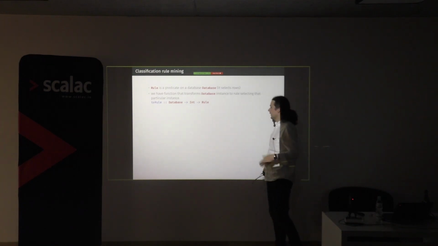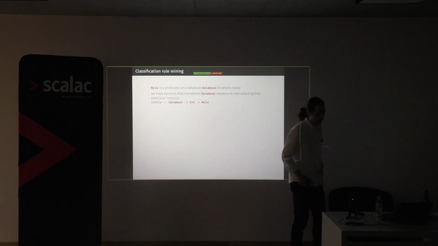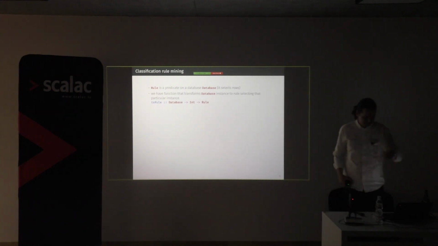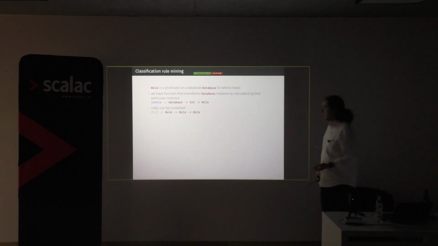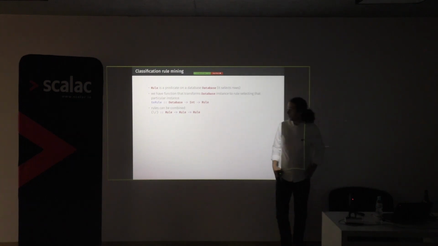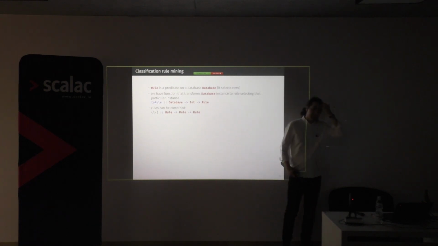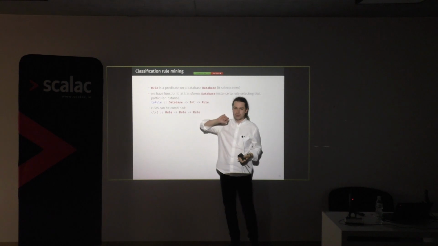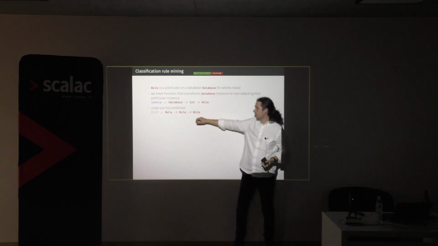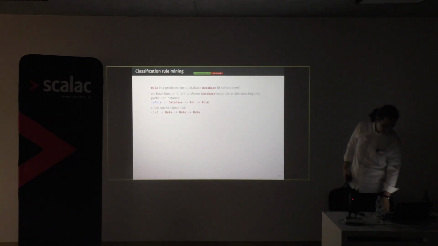We have a function defined that can transform any row of a database to a rule that picks out exactly that row. Of course, it can pick out more than that row if rows are the same, but basically that's the way it works. And two rules can be combined, without going much into the theory of that. Basically, you can construct a rule that covers some instances. The second rule covers some instances. We can construct the rule that covers instances of that and that rule. So that's the function that we have specified.